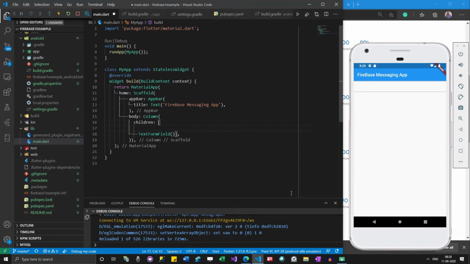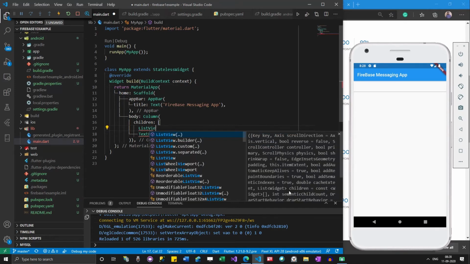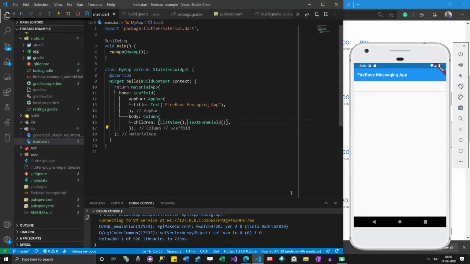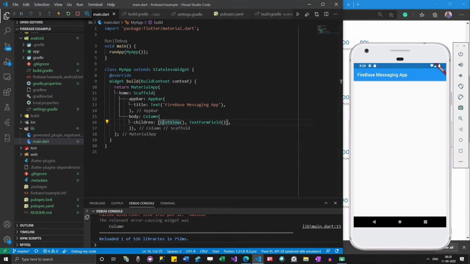And then on top of it, we need a list view. Let me make this text form field actually functional by adding a controller.